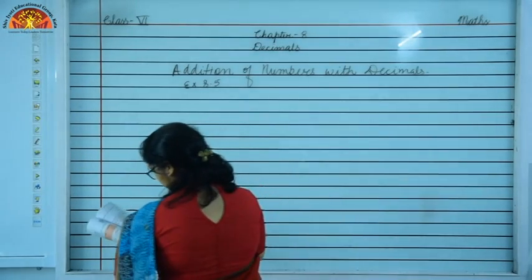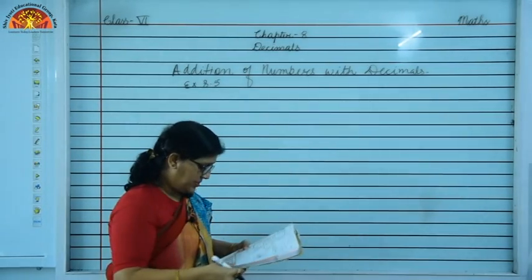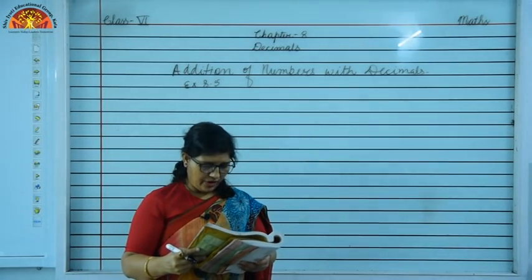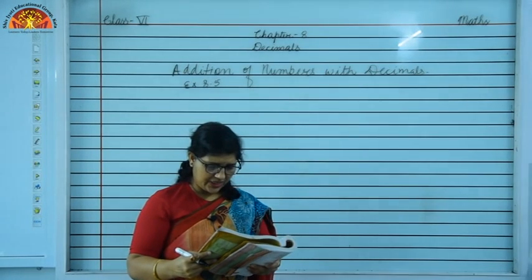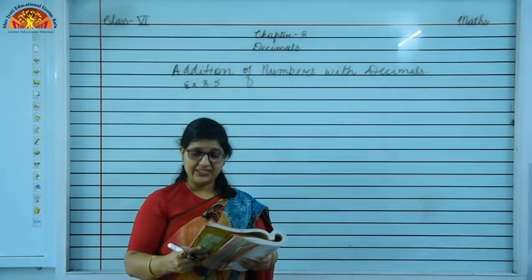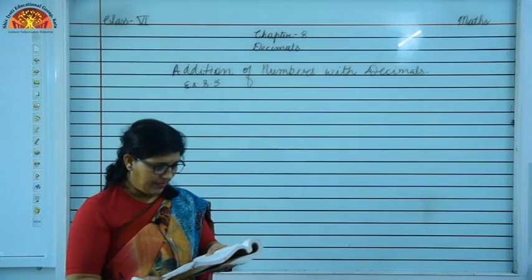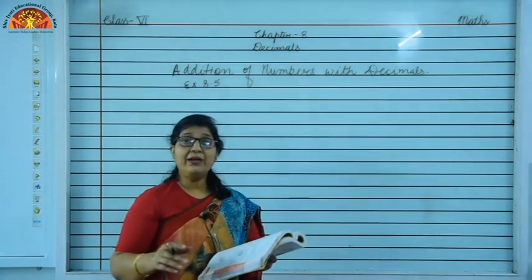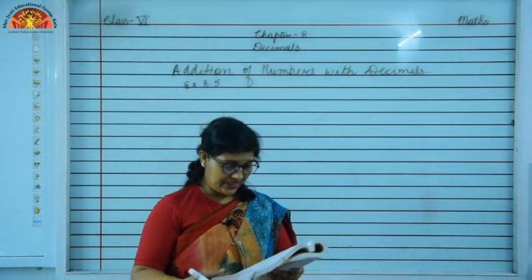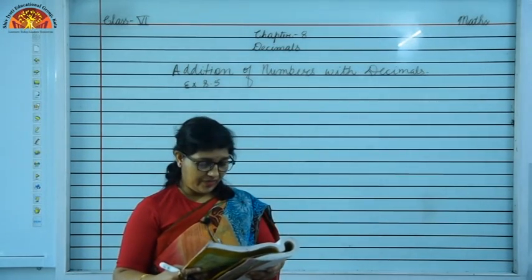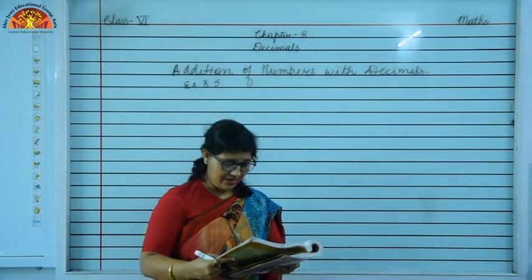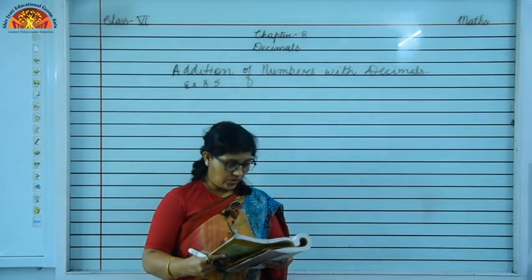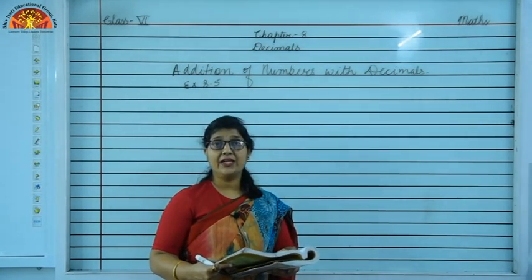Question number 2 is: Rashid spent rupees 35.75 for a maths book and rupees 32.60 for a science book. Find the total amount spent by Rashid. Now students, in this, spend means खर्च किया. ठीक है, राशिद ने मैथ्स की बुक पर 35 रुपीज़ और 75 पैसे स्पेंड किया और साइंस बुक पर 32 रुपीज़ और 60 पैसे स्पेंड किया. तो टोटल उसने कितना पैसा स्पेंड किया राशिद ने.